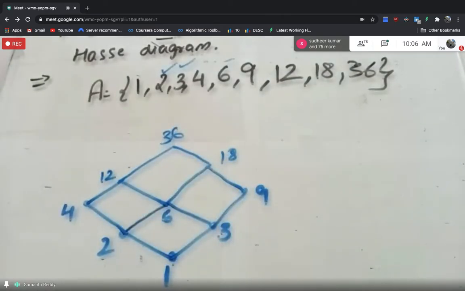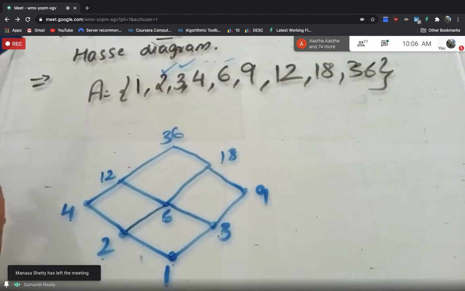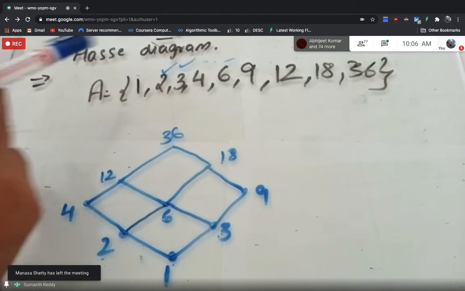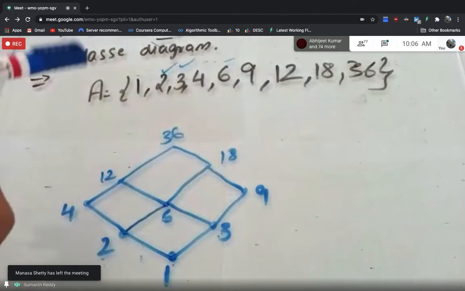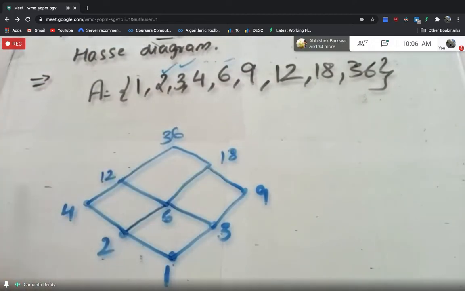As I have told you already, if you are getting a different shape, no need to worry, that is also correct. If you get 8 numbers, you will get a box like structure, and if you get 9 numbers for the divisibility or a subset relation, you will get this kind of structure. Fine. If you use the same thing, it will be correct. It will be better. So any doubts in this? Shall we go for the next?